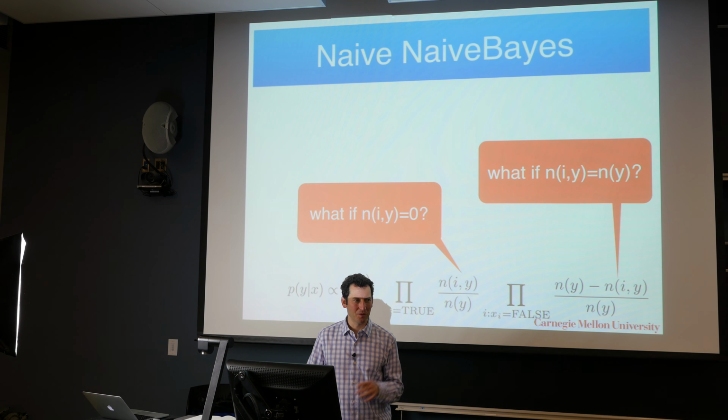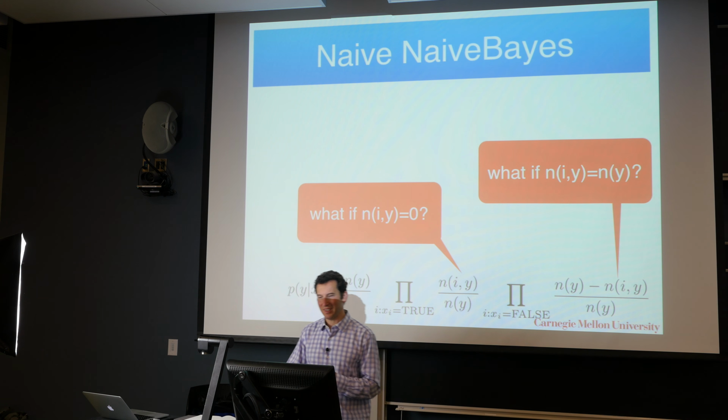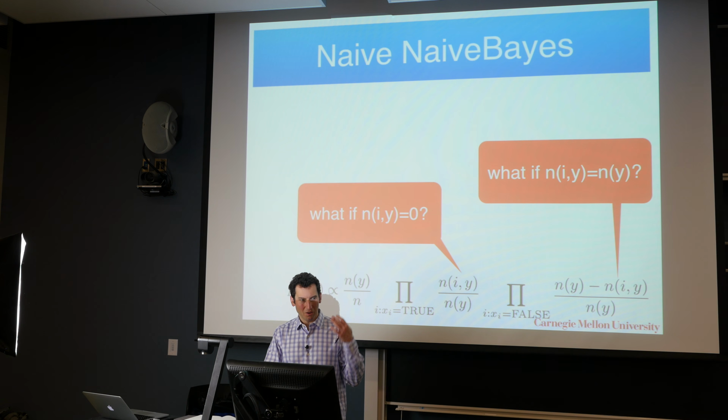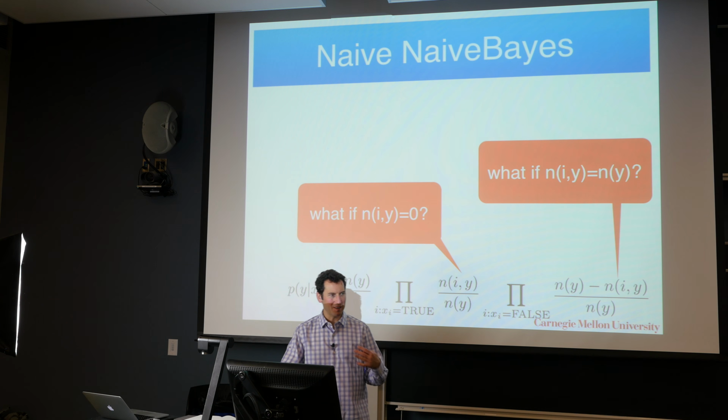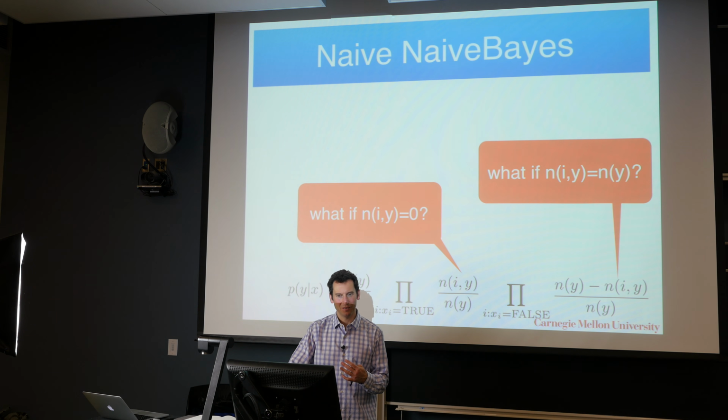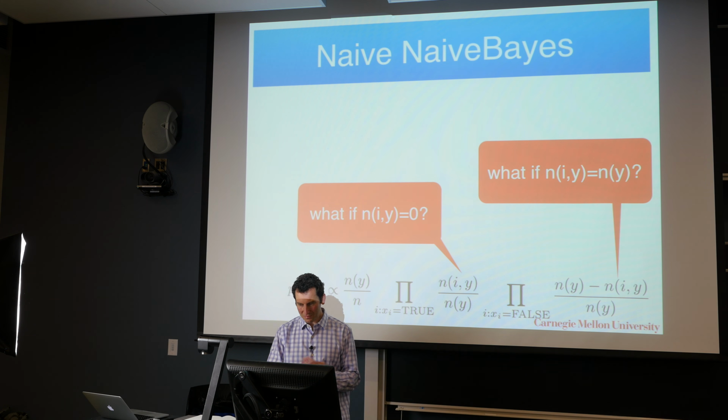So is it really true that you could never see an email containing Viagra from CMU? Well, that's probably not true. It's just extremely unlikely. So my prior assumption is that it will almost never occur, but it's not completely excluded. So in other words, we should never set the probabilities to be 0 or 1. And this can be fixed.